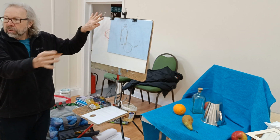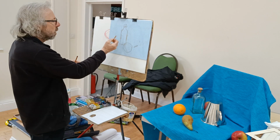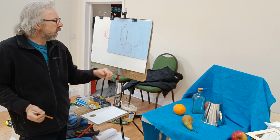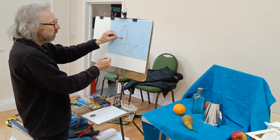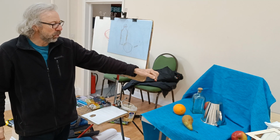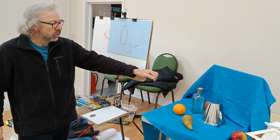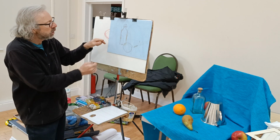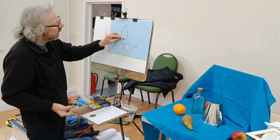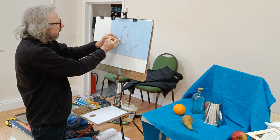And then, you know, I can kind of carry on from there. I could check the apple. The apple's a bit smaller than that, so I'm just going to guess that. Actually, if I measure the apple and just see how far. So basically, it comes to about there. So if I bring that back,